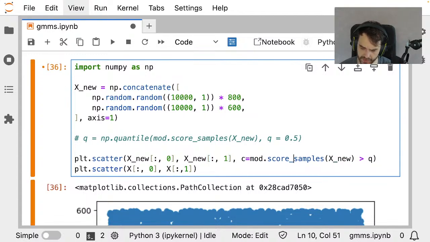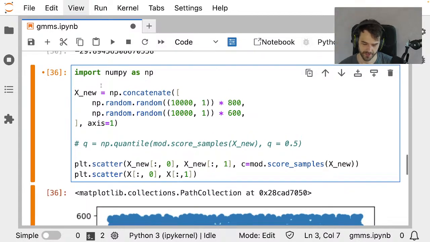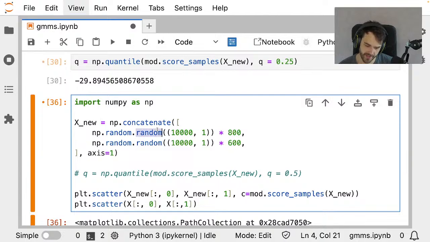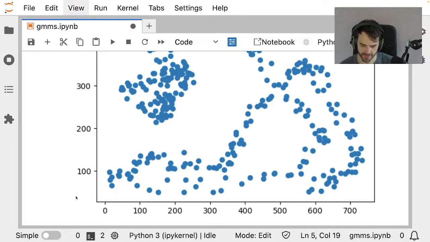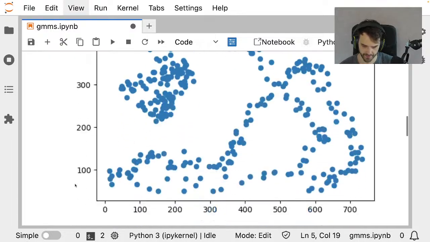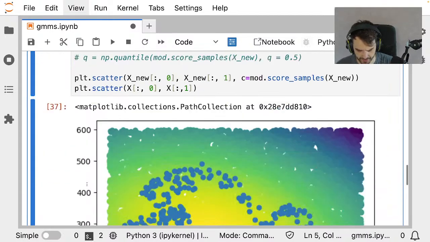So what you're looking at here is just a little bit of code where I'm creating a new data set that's going to be random, but is going to span the entire space of the data set that I drew. So it's going to have an x-axis and y-axis, and those are going to be basically the x values over here and the y values over here. The reason I'm doing that is because then I have a distribution of all sorts of points in the background that I can draw stuff over. And here's what that would look like.